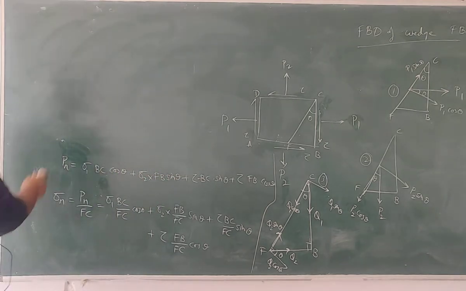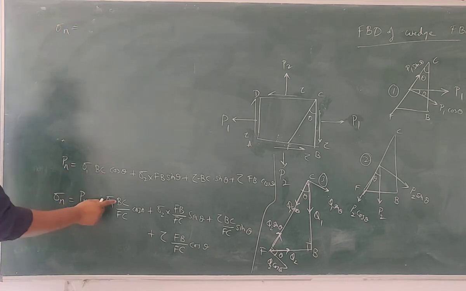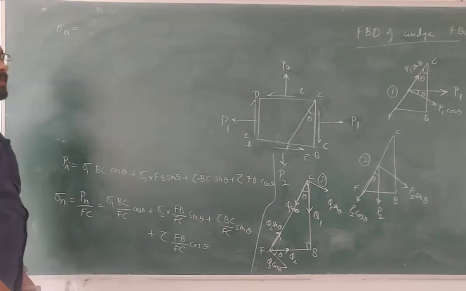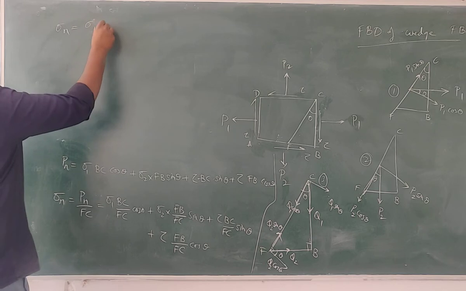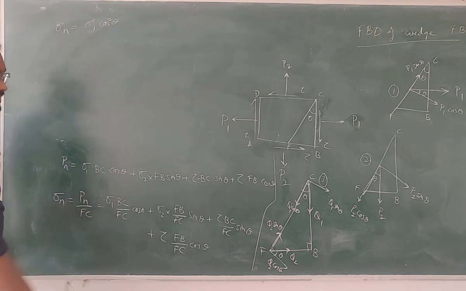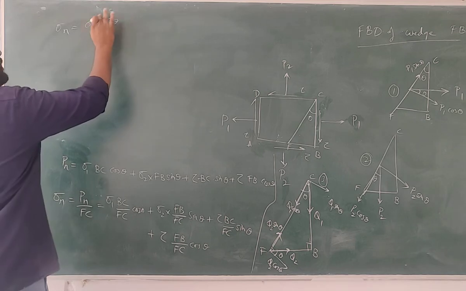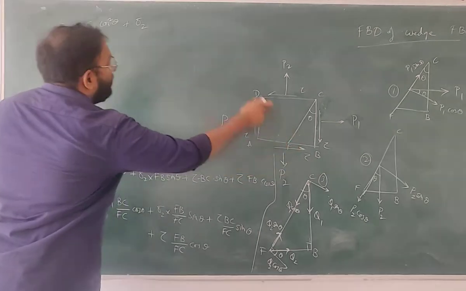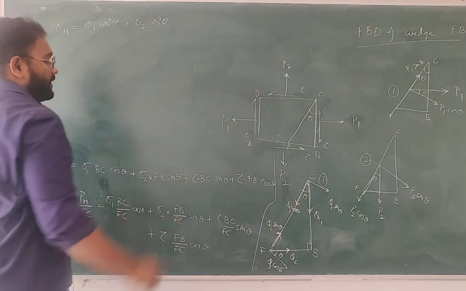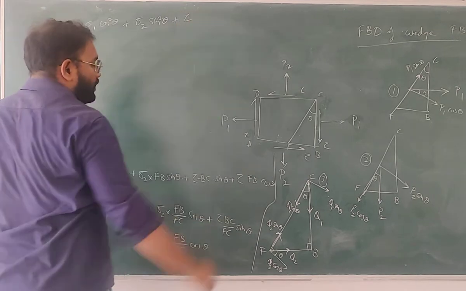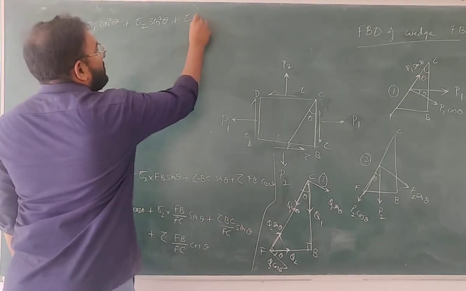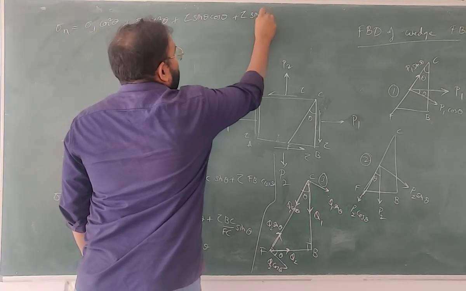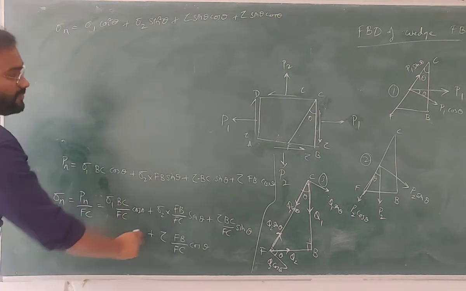So this will be sigma n is equal to, what is BC by FC? If this is the angle theta, adjacent by hypotenuse will be cos. So sigma 1 cos square theta. Yes. BC by FC is cos, multiplied by cos will be cos square theta. Plus sigma 2 FB by FC, opposite by hypotenuse, so it is sin square theta. Plus tau, what is again BC by FC? It is cos, sin theta cos theta plus tau into sin theta cos theta. Again FB by FC will be sin.